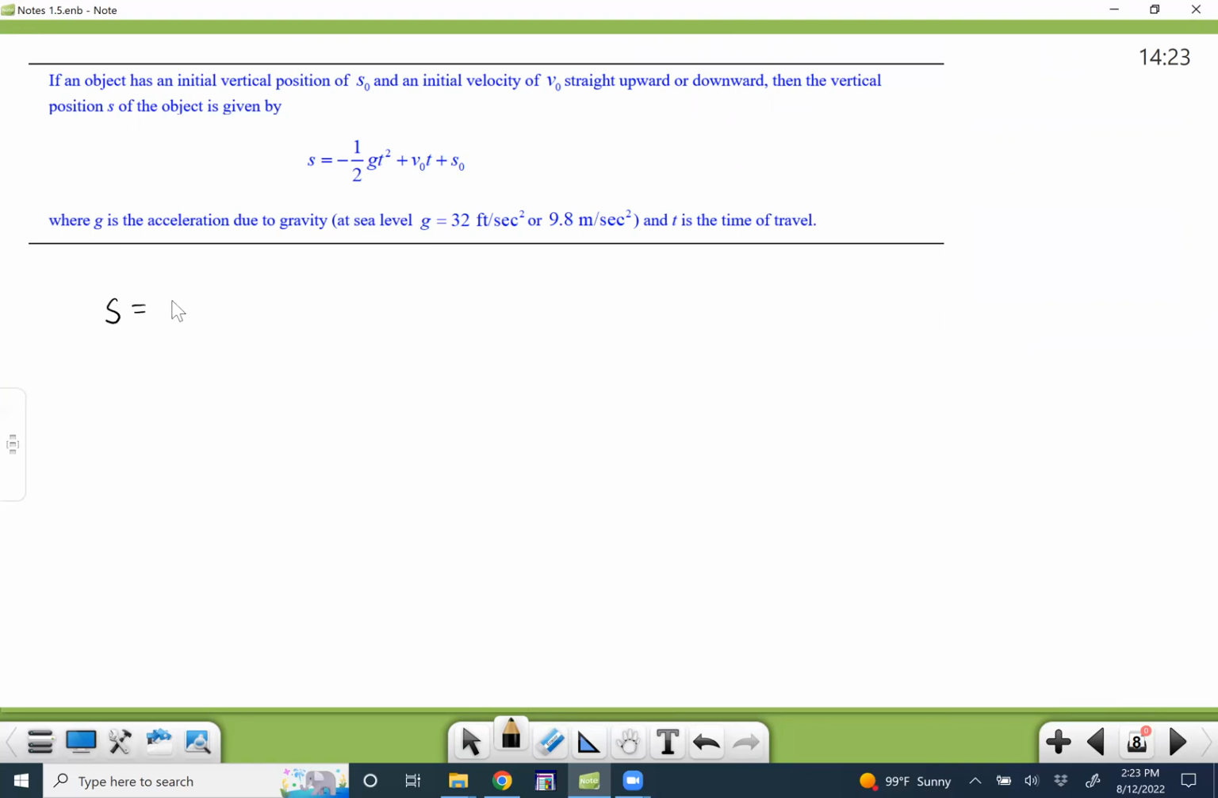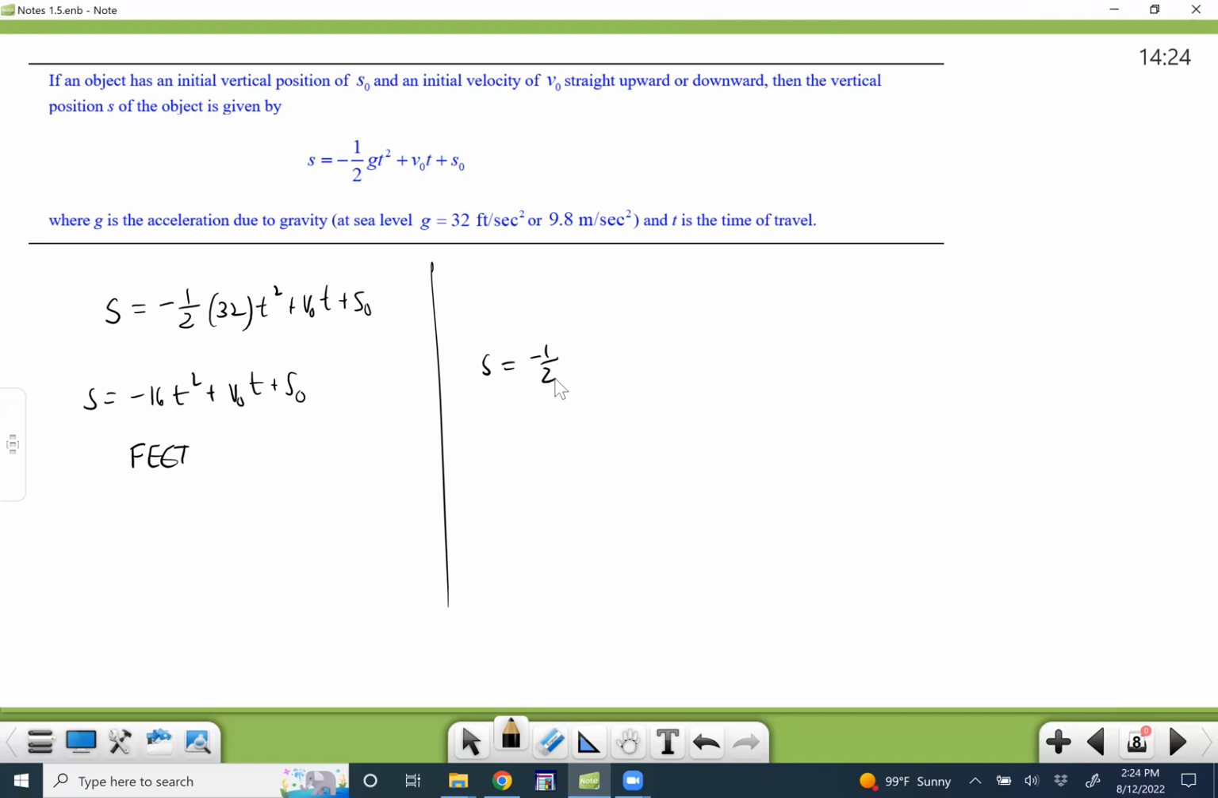So if you take your S and you replace the G, the gravity constant, with 32, leave everything else the same. Half of 32 is 16. So this is a well-known formula. And if you take my calculus class, you'll have this guy memorized. This is just the formula for projectile motion on Earth when we're measuring in feet. If we did that same thing, but we substitute in, instead of 32, 9.8 because we're going to be measuring in meters,